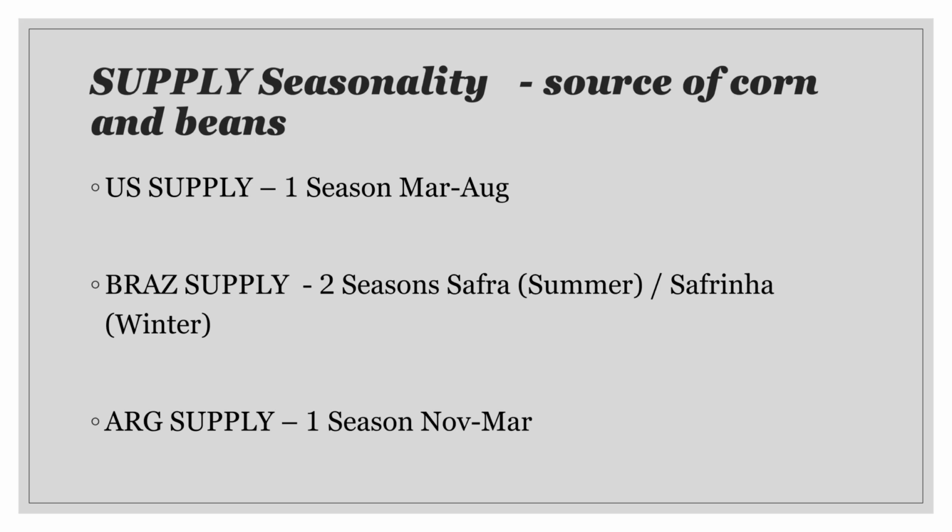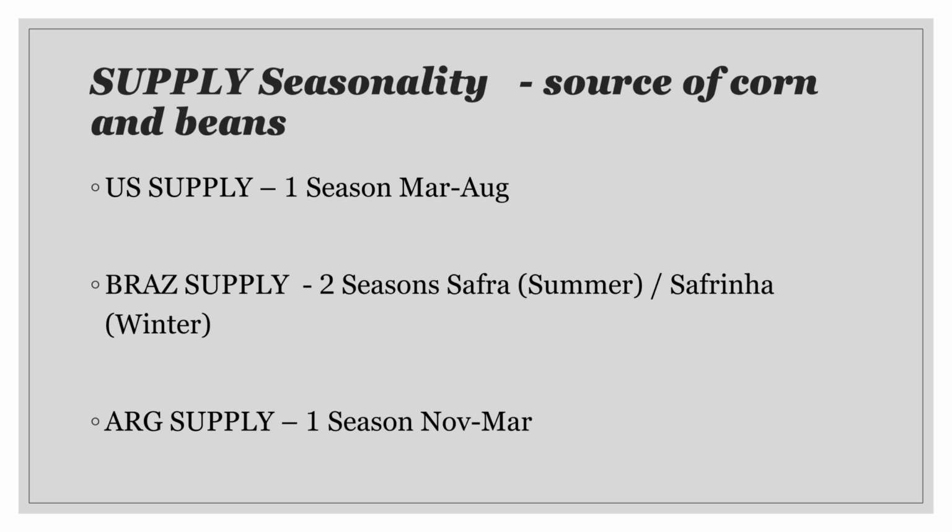And right now, the prices are basically telling us that the stocks are tight. So the function of the market is to encourage farmers to plant more beans or more corn. The season for the US runs from March to August, and the harvest for both beans and corn will start in August. But the critical period for prices is mainly, for corn, late June and July, and for beans,